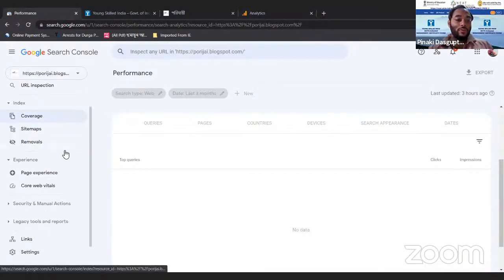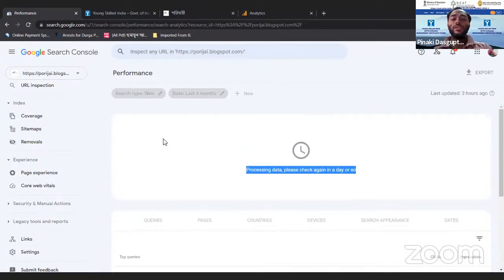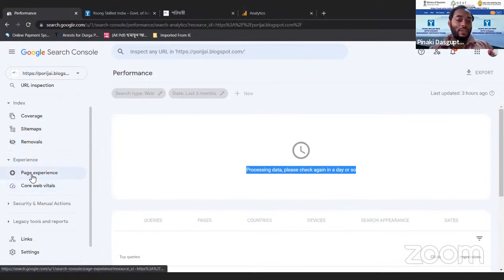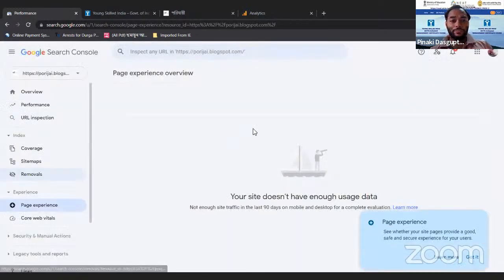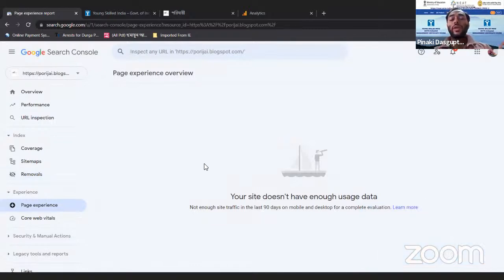Okay. So in this Search Console, you can do a lot of things. One is this data, then page experience. Here you can see your page experience, like if your page has any kind of issues regarding usability, mobile friendliness, website speed, or the visibility of the content, everything you will get from this data only.